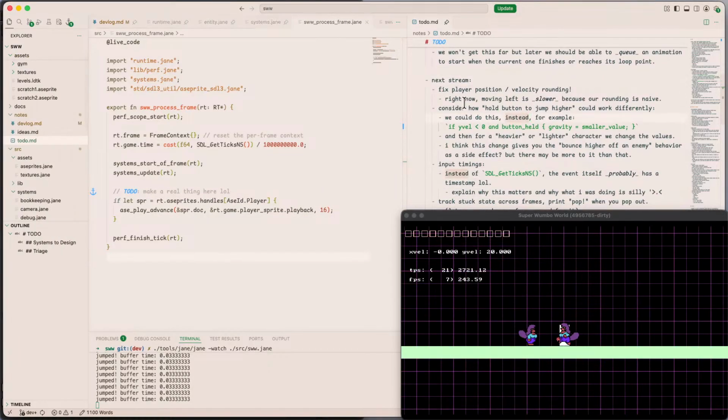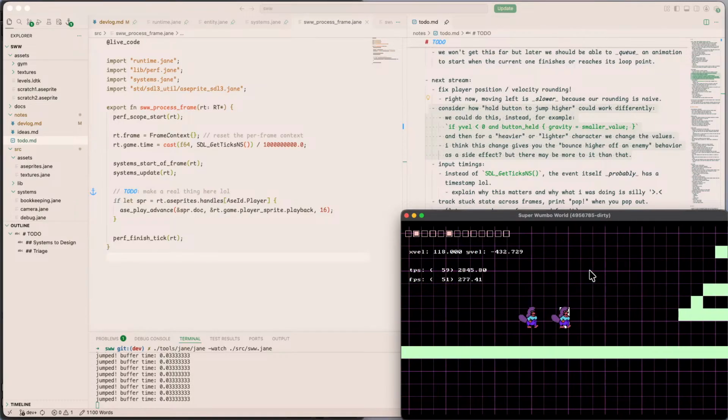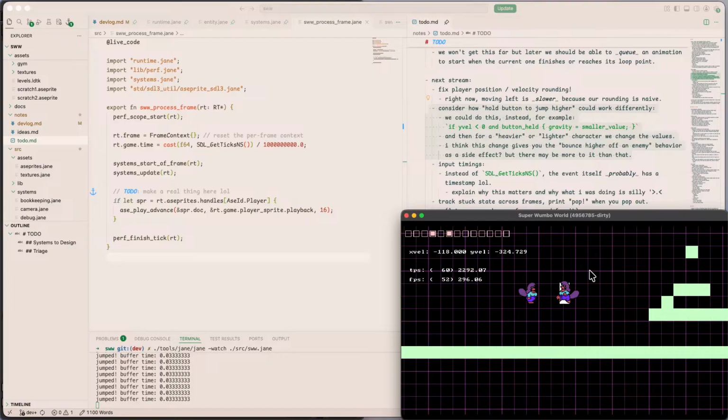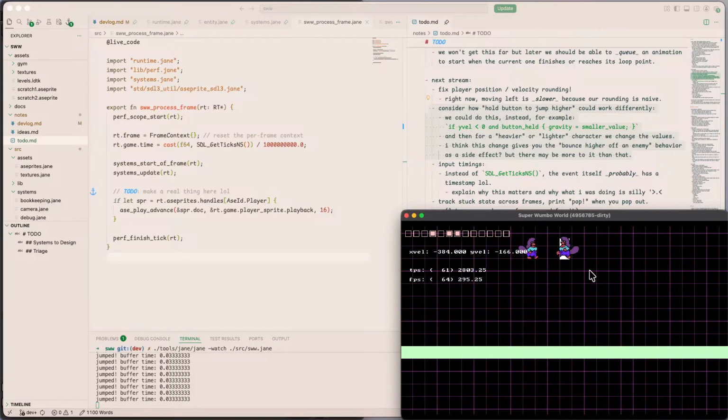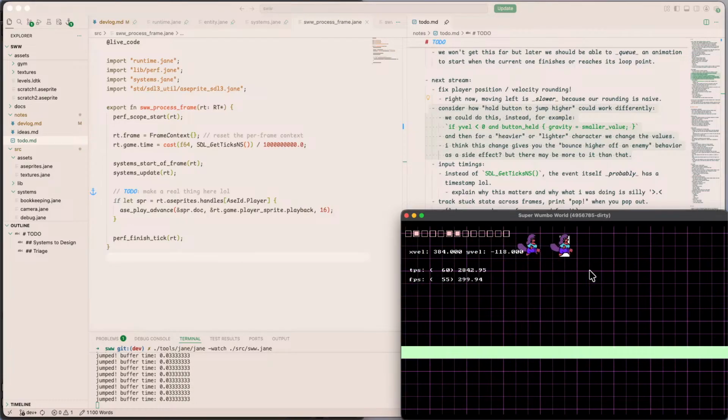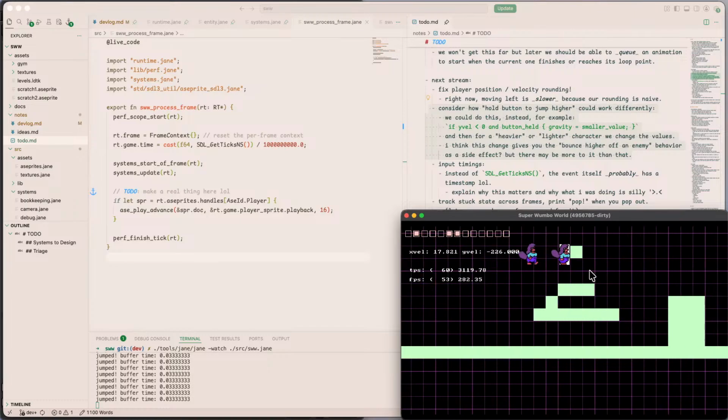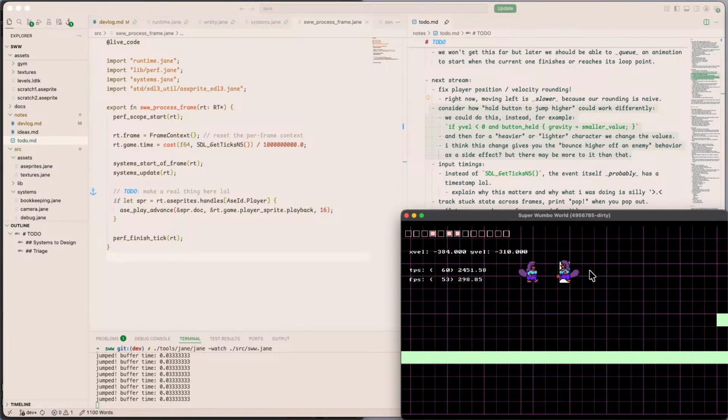Let's see. This is something I was thinking about doing, which is the way the jump height currently works is we add extra velocity based on how long you've been jumping, and if the button is still held down, we add extra velocity. Another way to do it, though, would be to just say,